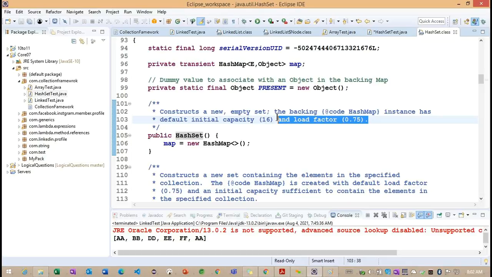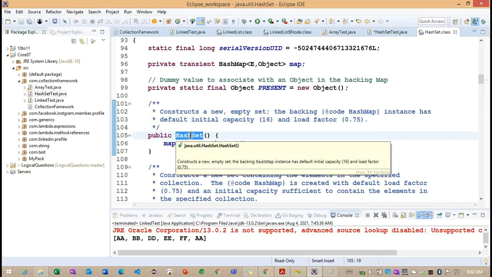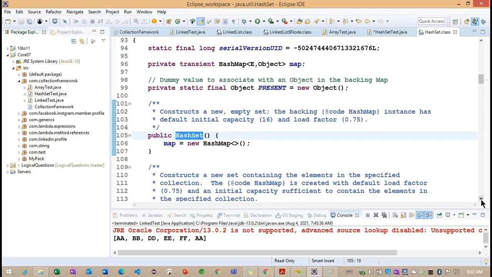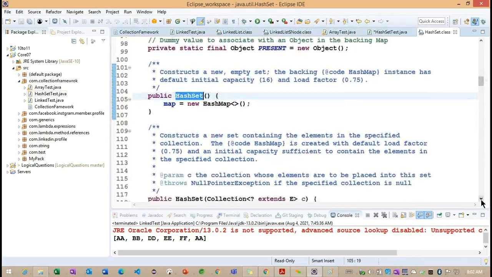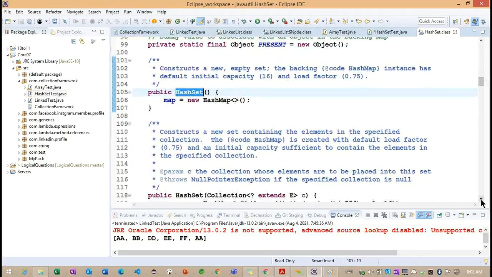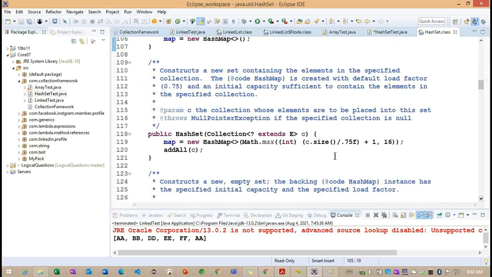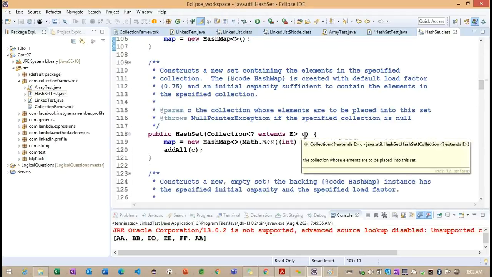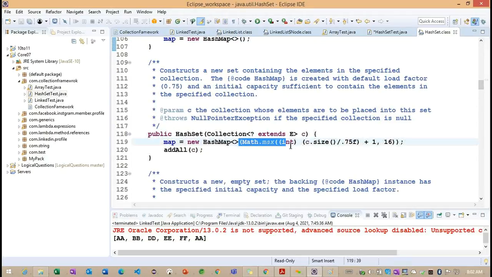Okay. So this is all about the default capacity. Up to how many elements can we store? 60. And here we have a second constructor which is expecting a collection, and based on this, we are implementing a ratio here.